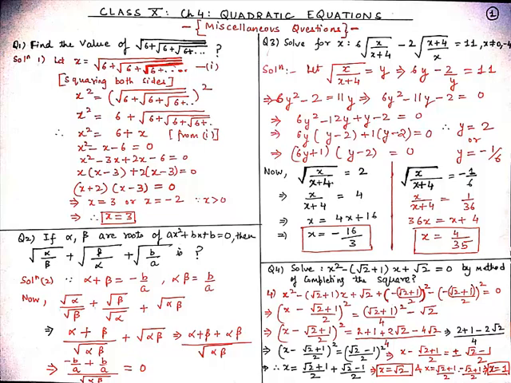So from here we get alpha plus beta plus alpha beta upon square root of alpha beta, and we know that the sum of the roots is minus b upon a. On substituting the value of alpha plus beta we get minus b upon a, and alpha beta which is b upon a, so plus b upon a, all upon square root of alpha beta. So from here minus b upon a and plus b upon a will cancel out and we get 0.